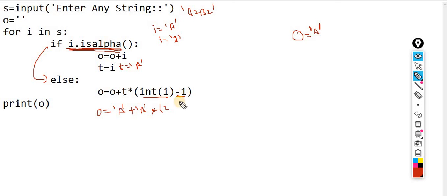If I don't do that, what output will I get? This A plus how many times? 3 times. I will get 3 copies, but my requirement is to execute this only 2 times. Because I already concatenated one value previously, one value I already achieved. If I do this, I will get 3 times, because 1 is already there and 2 more times it will replicate, since I am concatenating. So to avoid this, I did minus 1.